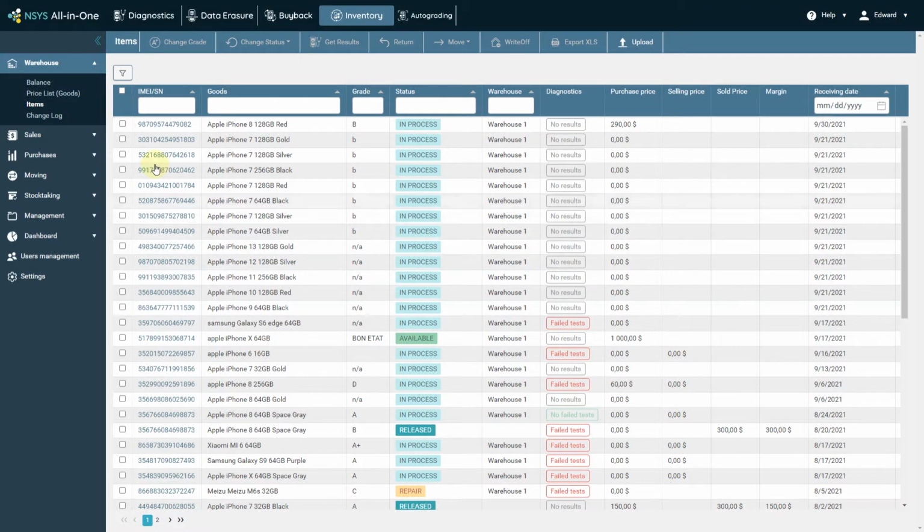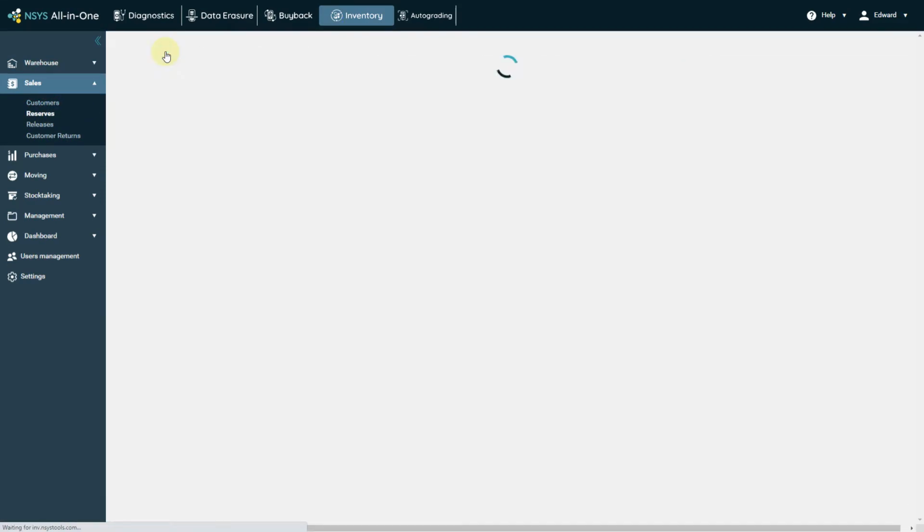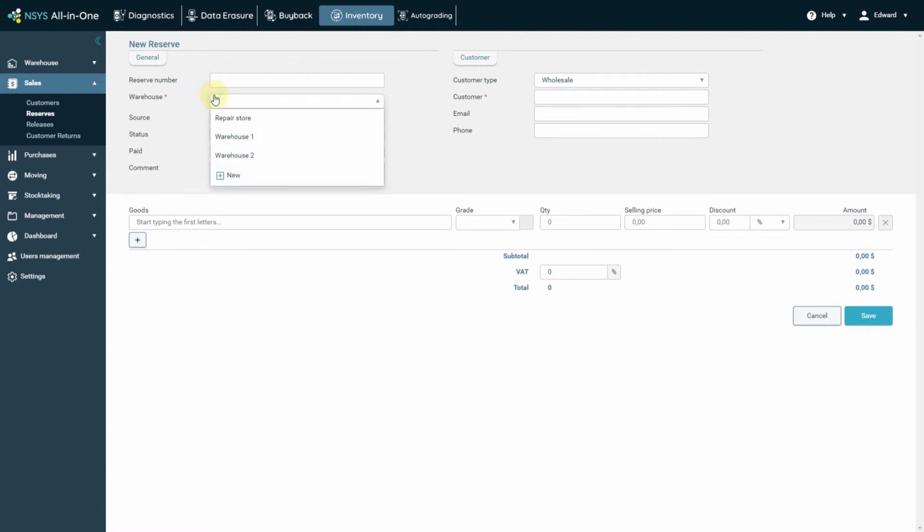that product. Go to Sales, then Reserves, click Add Reserve. Choose the warehouse from the drop-down list where the inventory you're reserving is located. Then you need to specify to whom you'll be selling. Start typing the customer's name and choose the one you need from the drop-down list, or create a new customer. The system will take the new transaction with this client into account and recalculate your total outstanding payments and receivables.